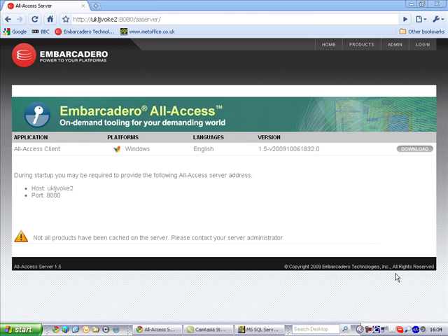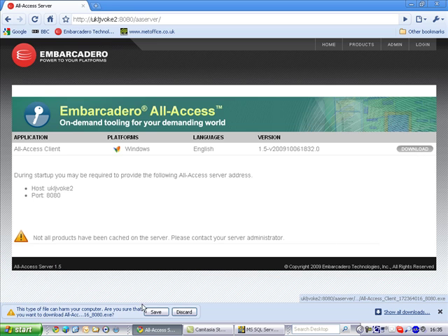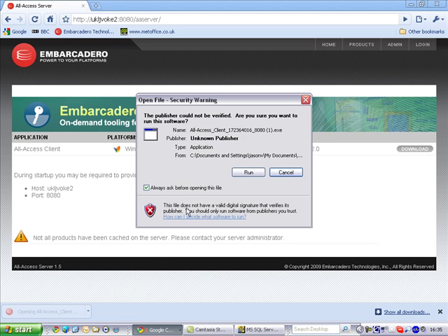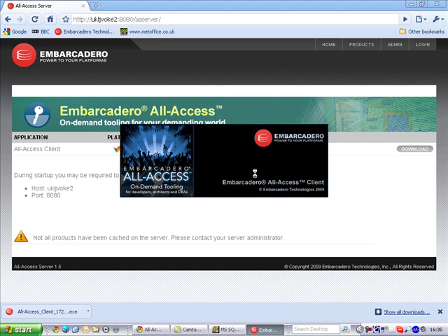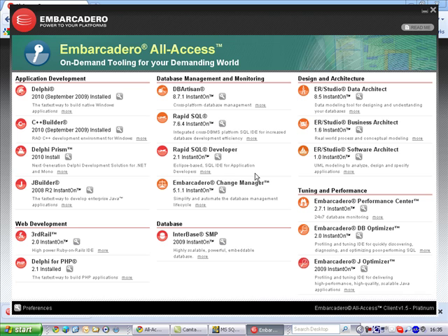What we're looking at here is my browser. My browser is looking at an All Access server that's running on this machine. And the first thing I want to do is actually get access to the client. So I'm going to download the client application so that I can see the interface and start working with some of the tools. If I open up the client here, having downloaded it from the server, and that's what many users will do first off when they first come to use All Access for the first time, I have the